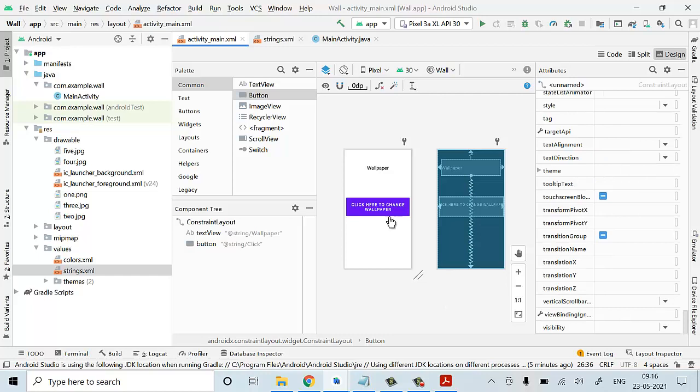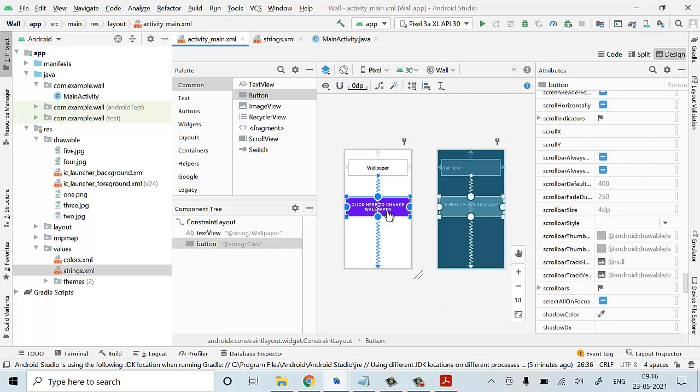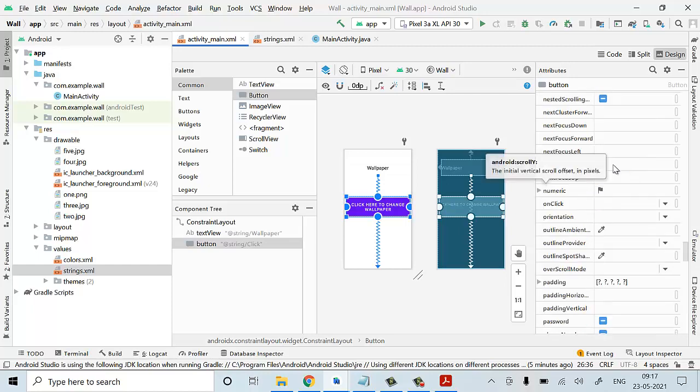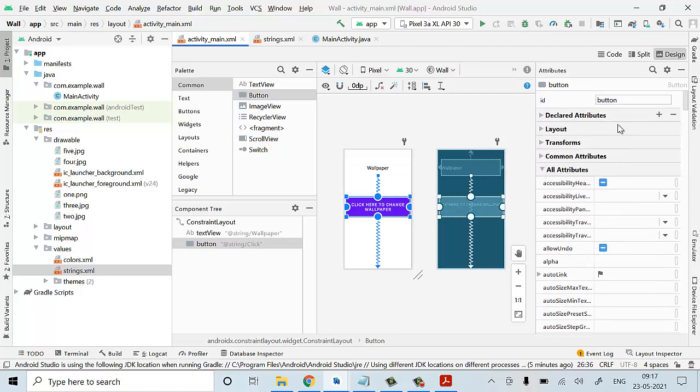Now it is done. For this button, when I click this particular button, some activity should be generated. How should I get to know whether you have clicked this particular button or not? So we have to set the ID for that. So I will write it as a